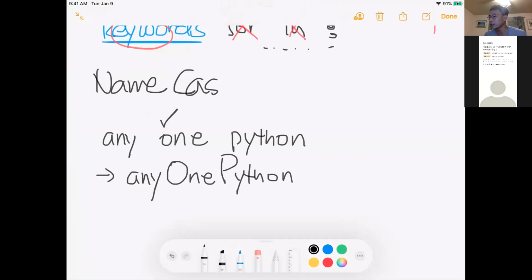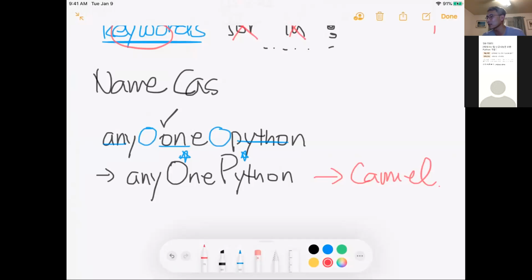The reason is that we cannot have blanks in the name of a variable. So how can we separate the words? From the second word on, we use a capital letter for each word's first letter. So this approach is called the camel